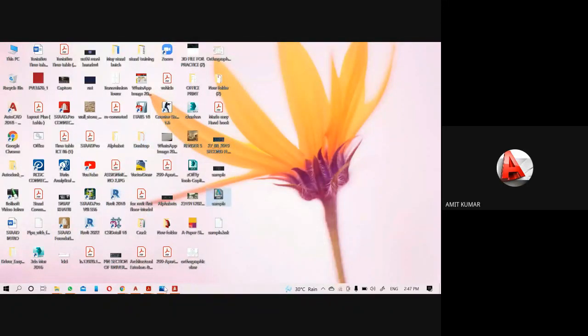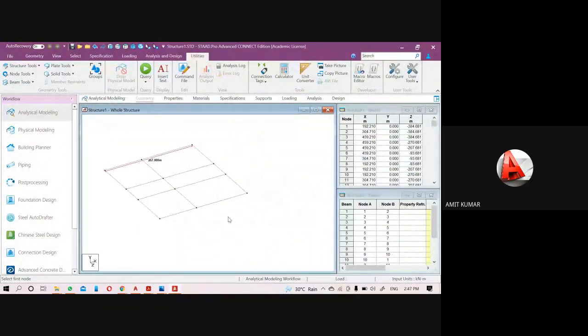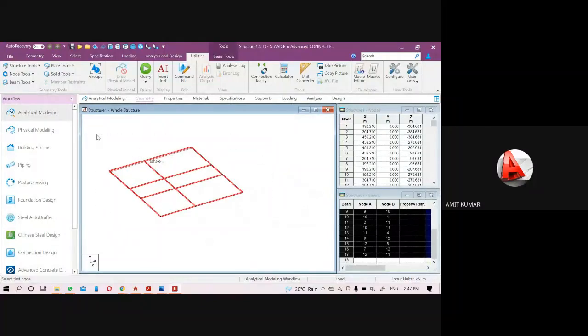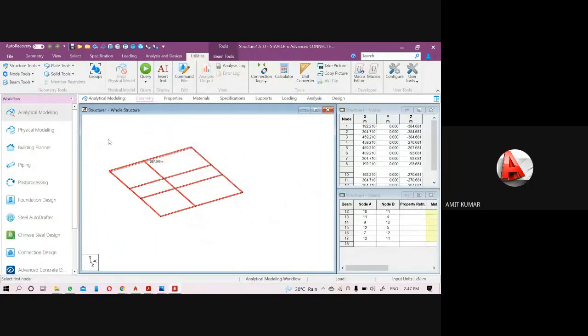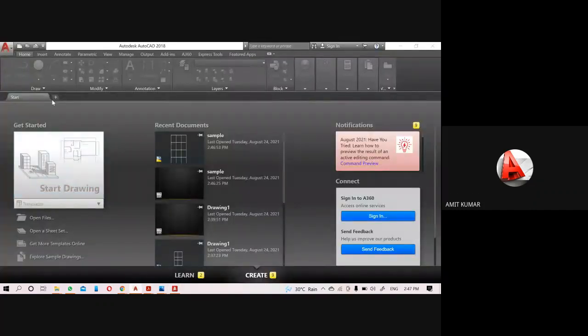If you don't close the CAD file, then the software StatPro will show you a warning of sharing violation. That's why closing the file is a must. You have to close the CAD file after converting it into the DXF format. Just you can see that I already closed it.